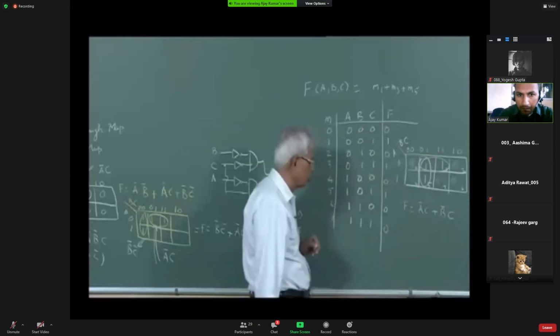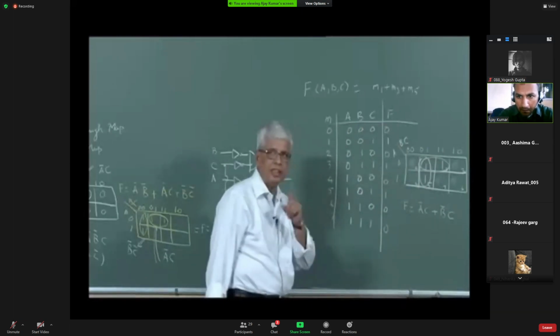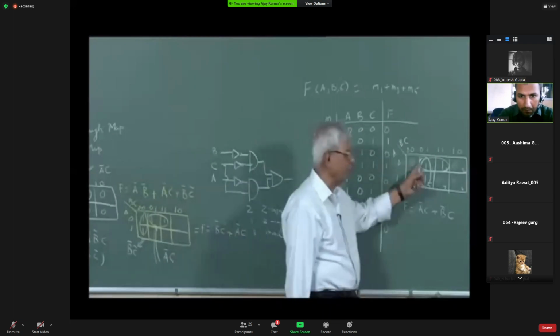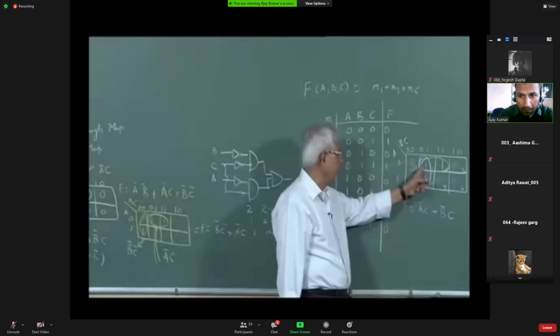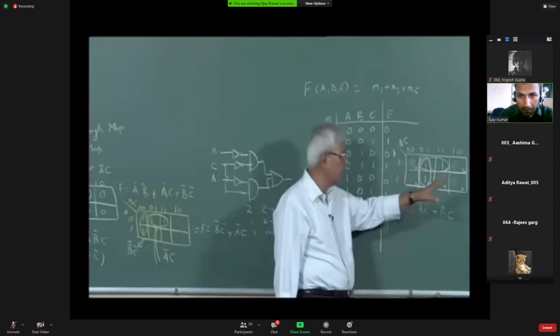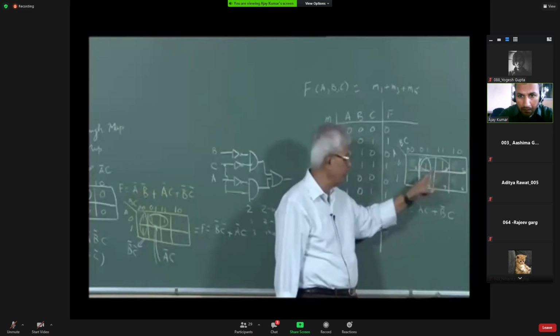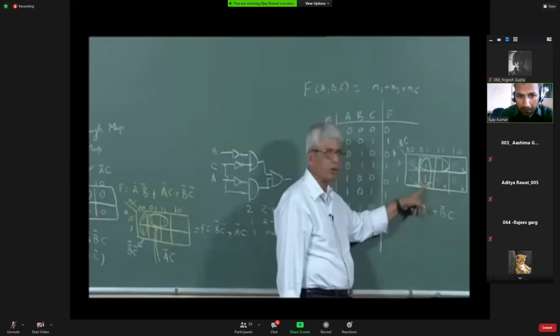This is where I am telling you that covering more than once is required. There are only 3 terms. If I do it this way, I have covered these 2 ones. Now these 2 ones I cover this way, I get 2 terms.